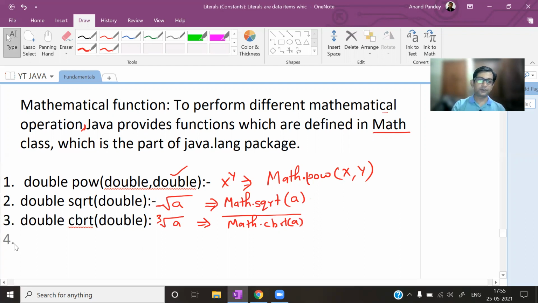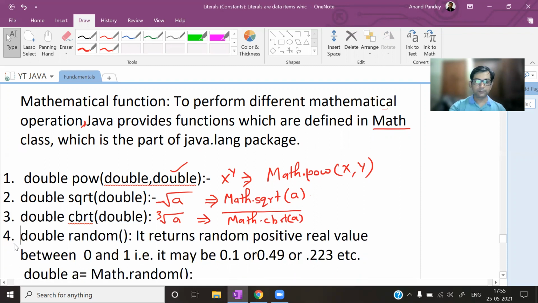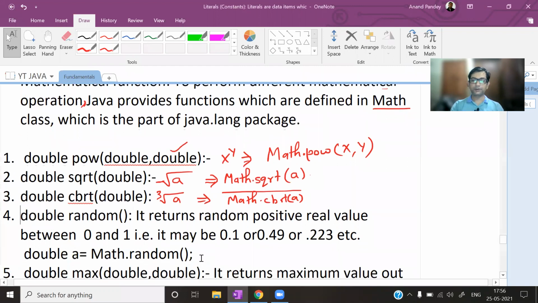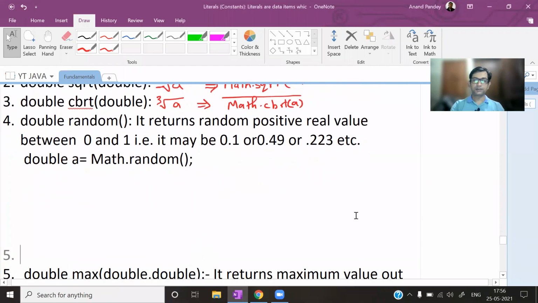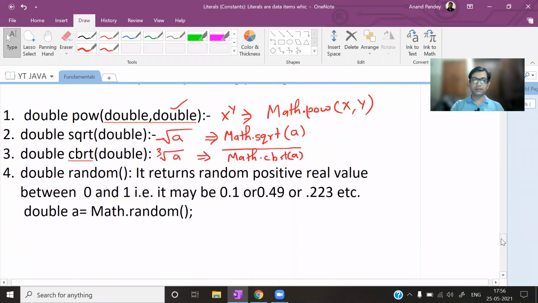Okay, now the fourth function, random. See the function I have written on the board. Function name is random. Many functions are here; I will discuss them later. So see here, the random function.